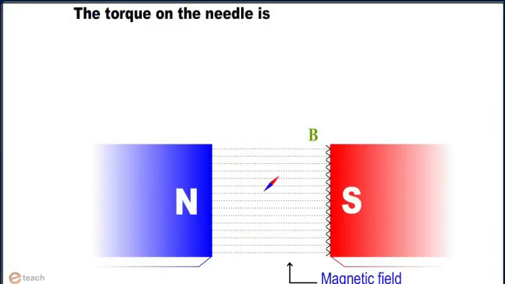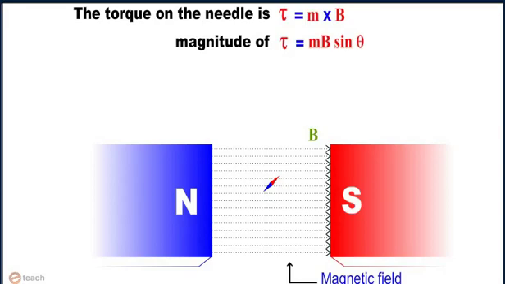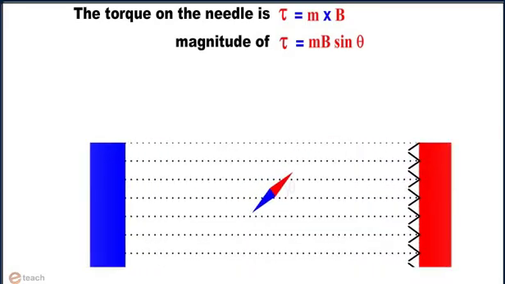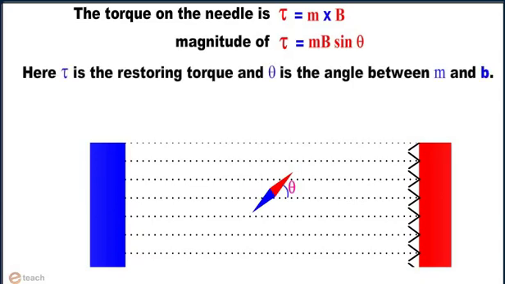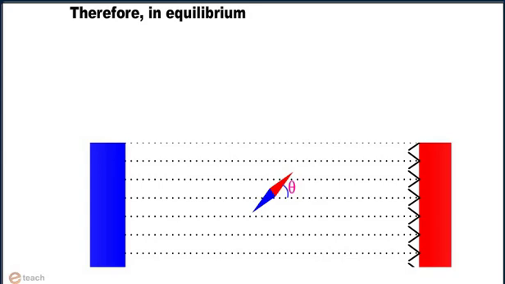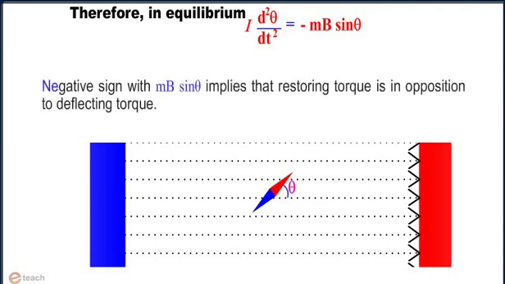The torque on the needle is tau equals M cross B. So, the magnitude of tau is equal to MB sine theta. Here, tau is the restoring torque and theta is the angle between M and B. Therefore, in equilibrium, I d2theta/dt2 is equal to minus MB sine theta. Now here, the negative sign with MB sine theta implies that the restoring torque is in opposition to the deflecting